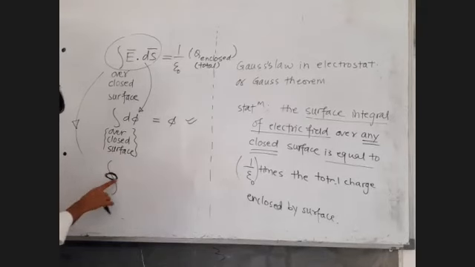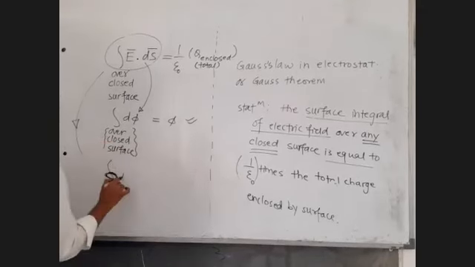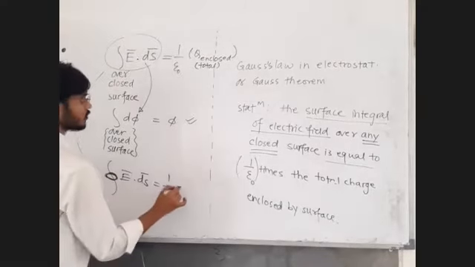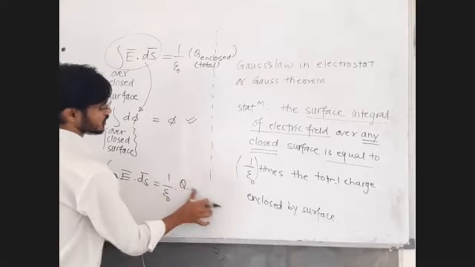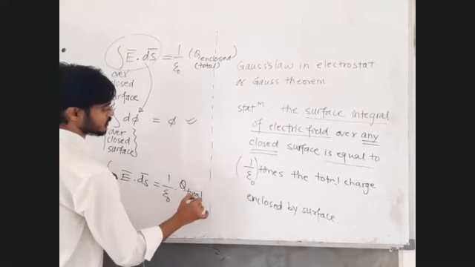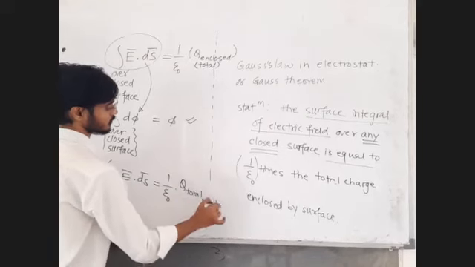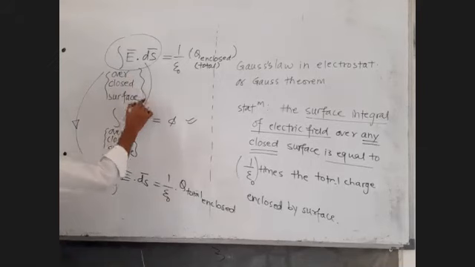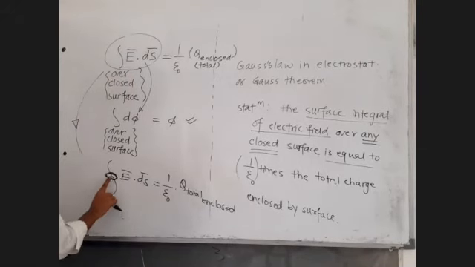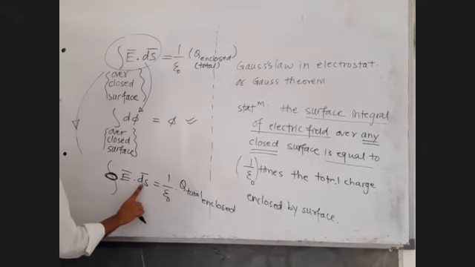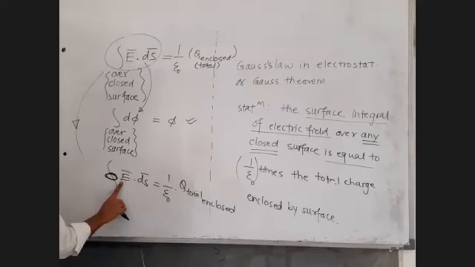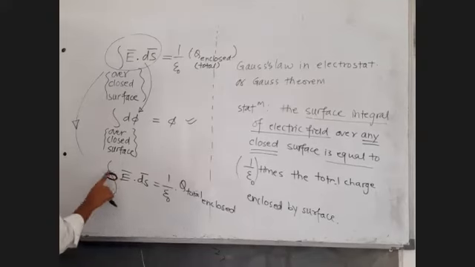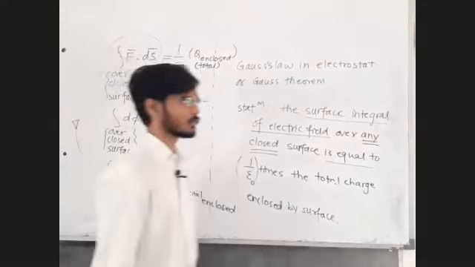Just call it a closed integral. Closed integral of E bar dot ds bar is equal to 1 upon epsilon 0 times the total charge enclosed by the surface. That's it. To avoid writing this again and again, people write it as a closed integral. So it is the surface integral of electric field over the closed surface. It's not an open integral, it's a closed integral. The surface is closed. Now reply me in the chat box up to this.